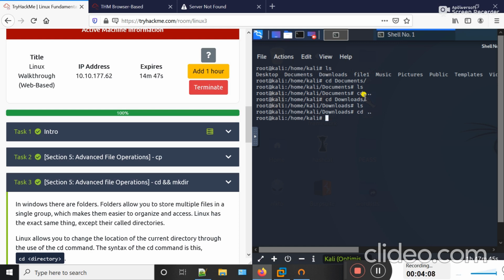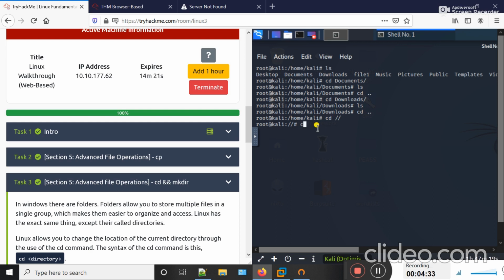If I want to move one step back, I will use cd double dot. If I want to move multiple steps back, I can use cd slash and then hit enter. Now you can see that I jumped from Kali and home directly to the root folder. Meaning to say, slash is used to move multiple steps back, and double dot is used to move one step back.